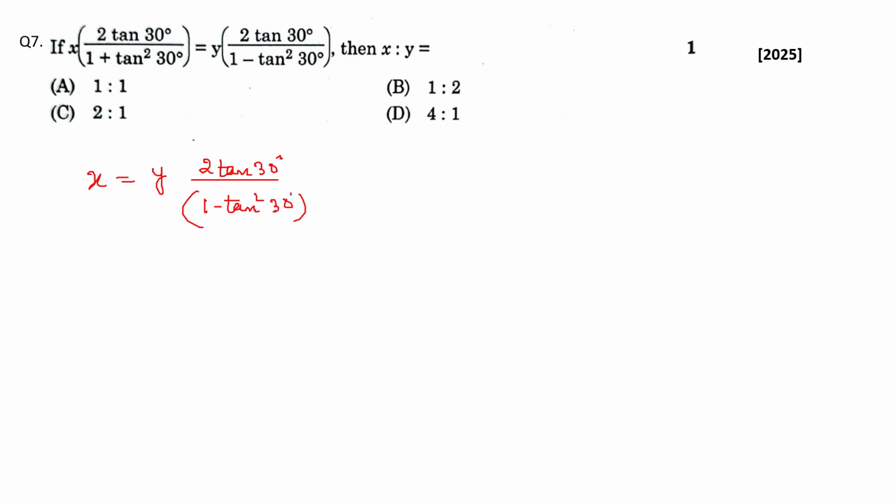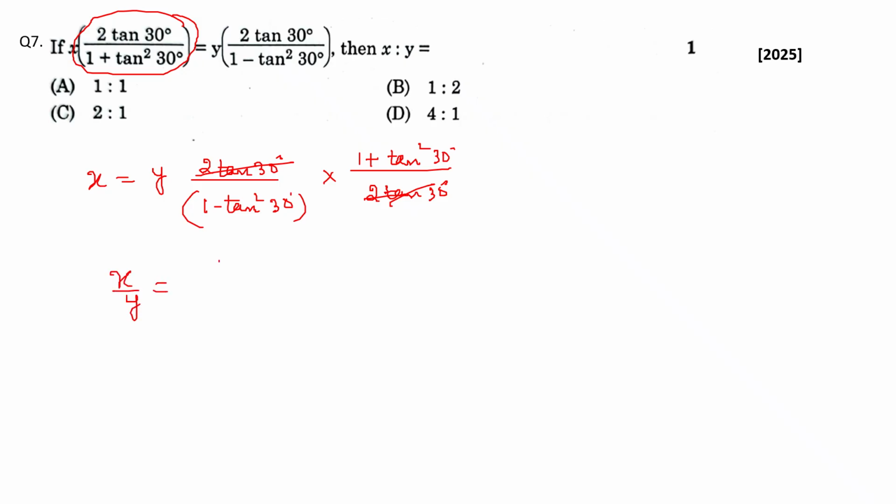Now divided by 2 tan 30 by 1 plus tan square 30 degree. And if I change division to multiplication, you have to write the reciprocal. So it will be 1 plus tan square 30 degree divided by 2 tan 30 degree. Now 2 tan 30 will get cancelled. So x by y is equal to 1 plus tan square 30